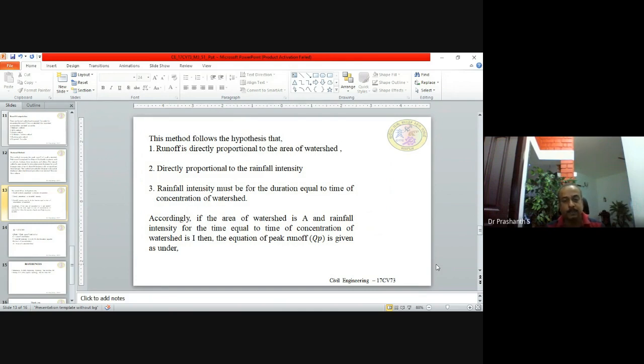Accordingly, if the area of the watershed is A and rainfall intensity for the time equal to the time of concentration of the watershed is I, then the equation of peak runoff Qp can be written as